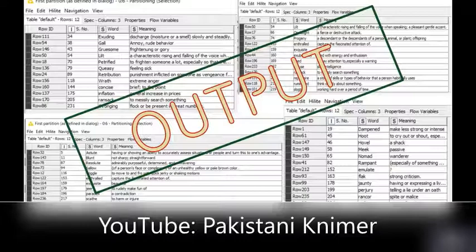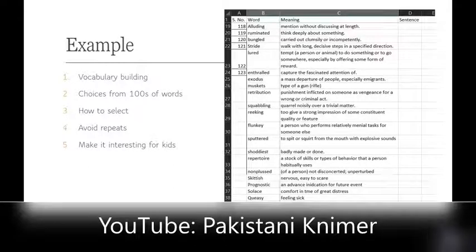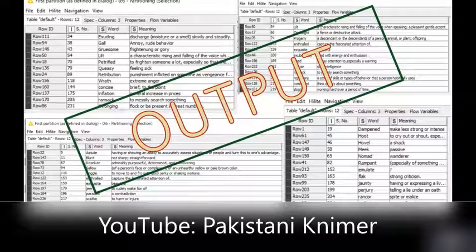So now, has it solved the problem of our father? Let's see. Right. So he had a vocabulary built, how selected. So he has avoided repeats. How? Because if you see, the outputs are every time different.